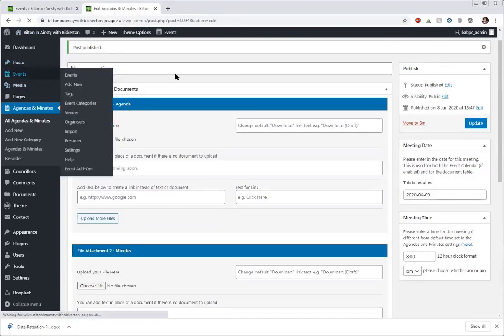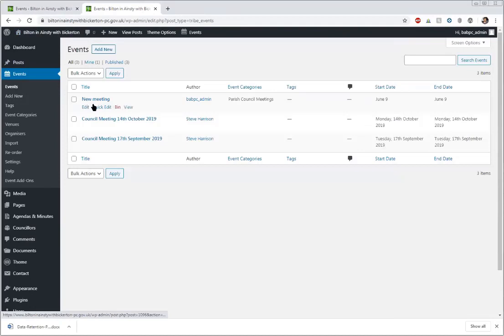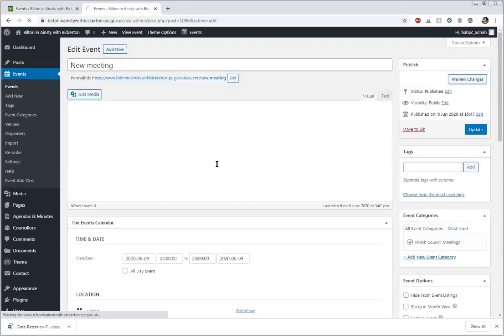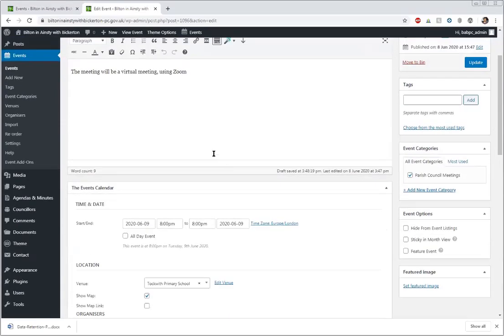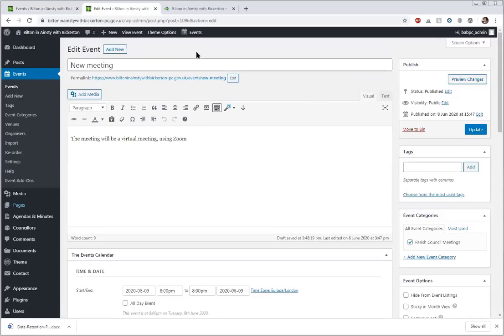So under events, we should see it. New meeting. Right. So just let me understand that. So we set all this up, and then it's decided that we change the meeting to half an hour later. We come in to here where we log in with the agenda and minutes. We might change it there. That would then update it on the sidebar widget, wouldn't it? So this event here